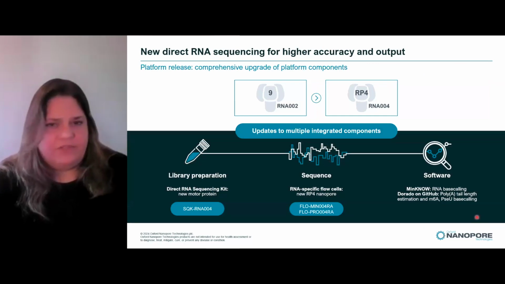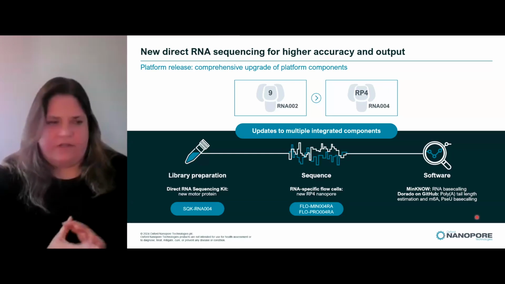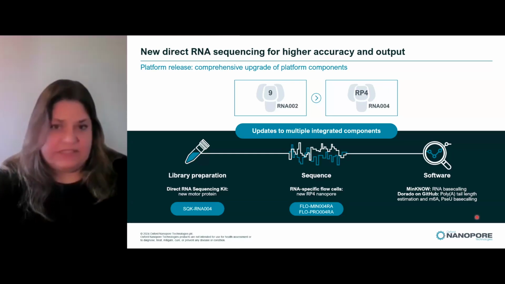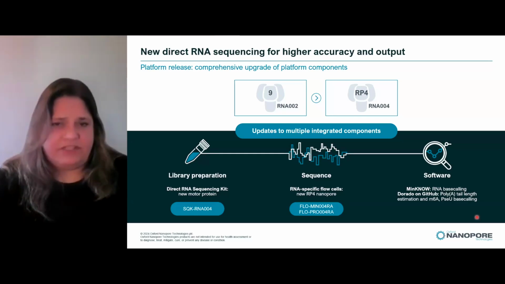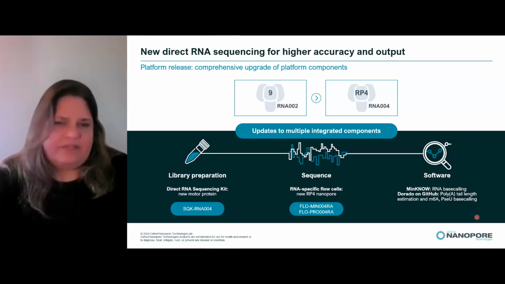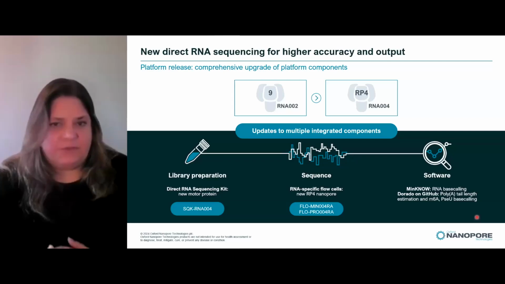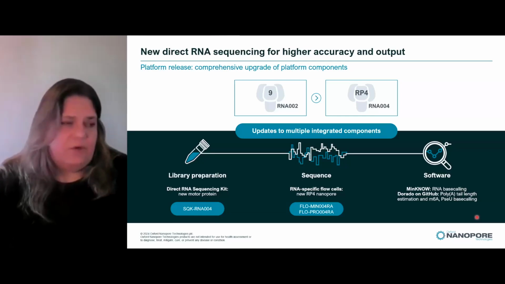So when it comes to direct RNA, this ability to sequence RNA directly has been out since 2017, when we first released the kit. And we've had a couple of iterations of improvements, but there was a bit of a dearth of improvements for a while, particularly throughout the pandemic, where we were working on other things. But in the last 2 years, we've really focused on trying to make some significant upgrades, which we have done. So last year, in November, we released a new kit upgrade chemistry